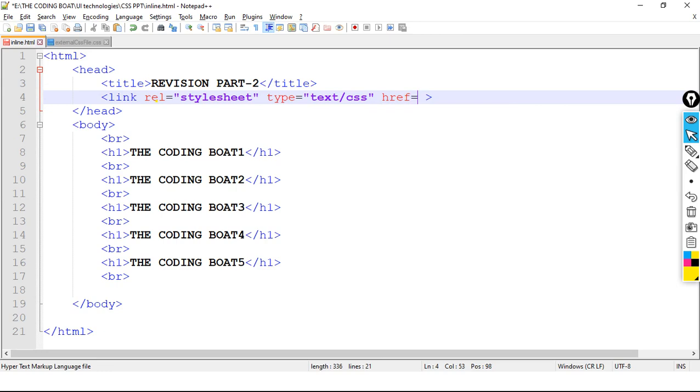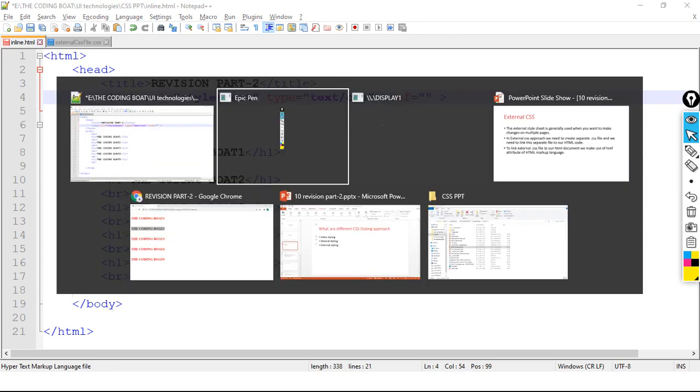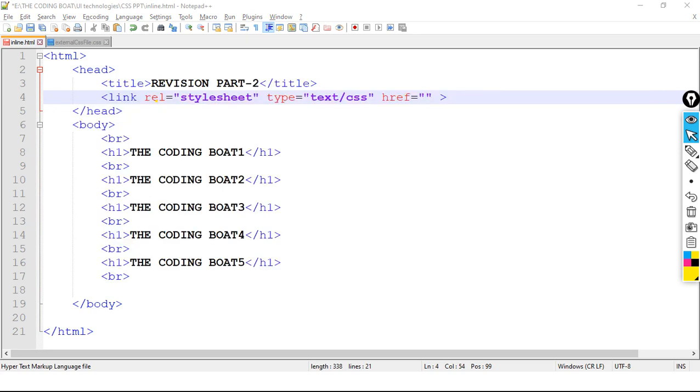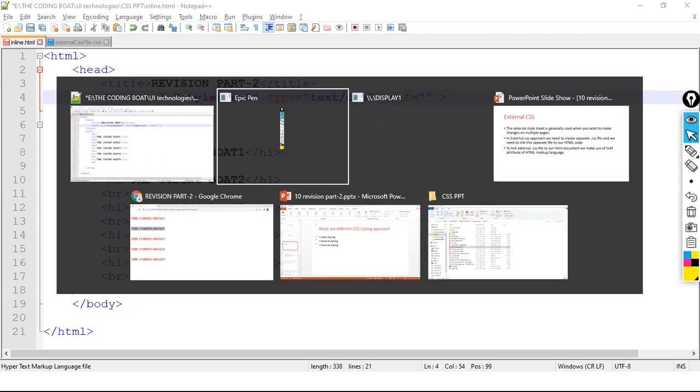Okay, and now we have our final href attribute. Href is equals to quotes. What was the name of our file?